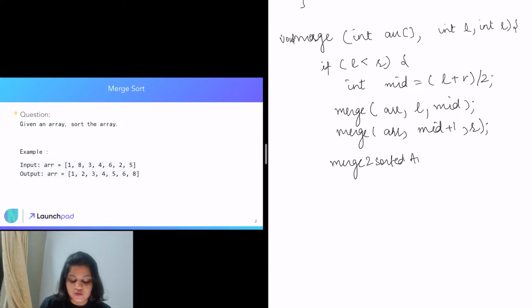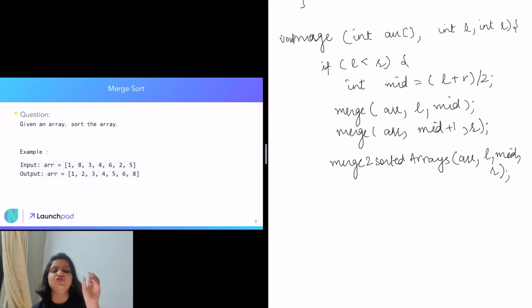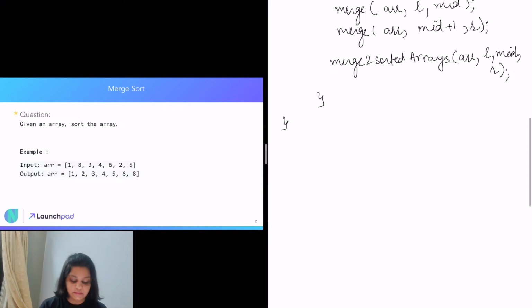Okay, how? So currently we have one array, but inside that array we have two smaller subarrays, right, which is from L to mid to R. Now L, mid and R in this particular case will tell us from which position to which position we have to look for those two sorted subarrays, and from which position to which position we have to insert the cumulative sorted array. Okay, so this is the whole algorithm. Let me explain it to you with the given example.